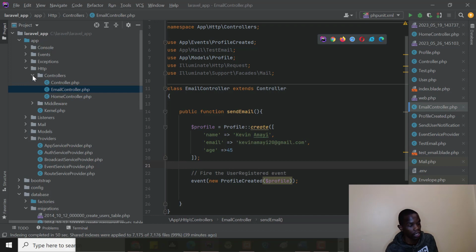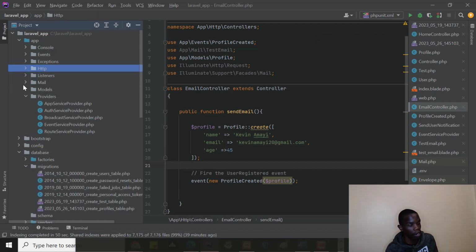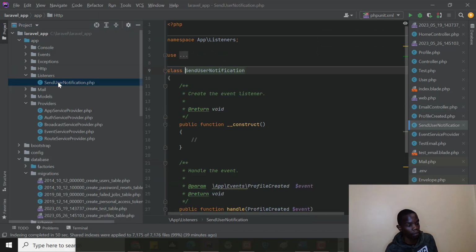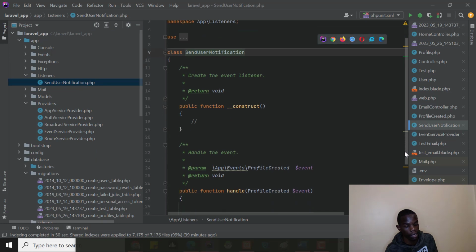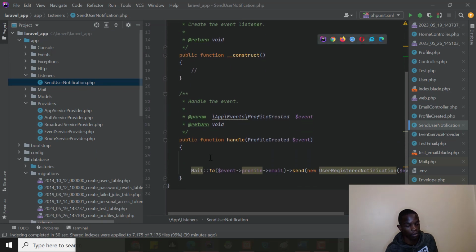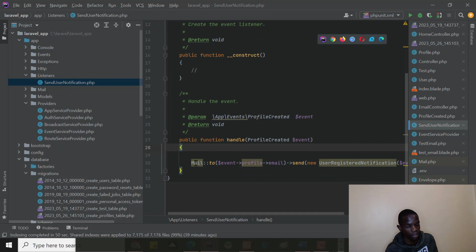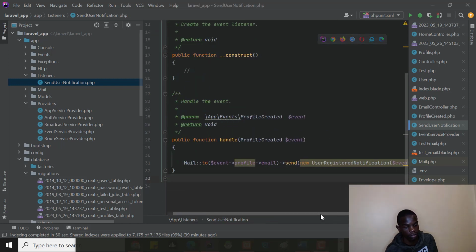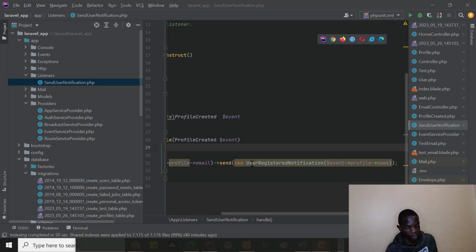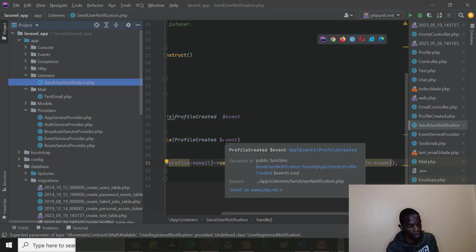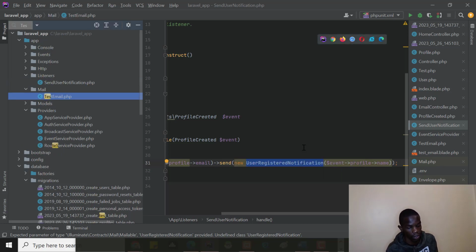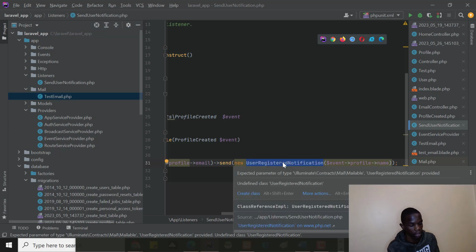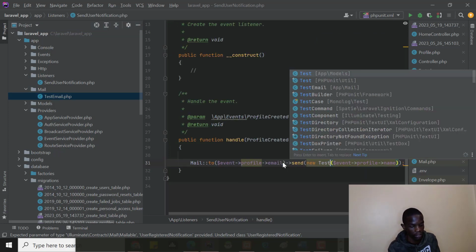And if I go inside our email listener here, we have our mail being sent here. So I think I need to import this here. User registered notification. If I highlight here, it also tells me, okay, this should be, let me just check, our mail class was test email. So this should not be, our mail class is test